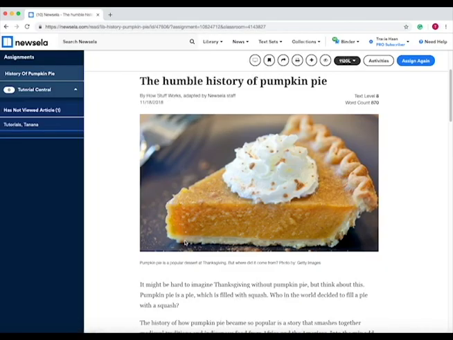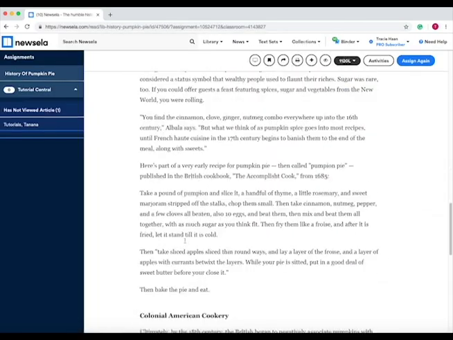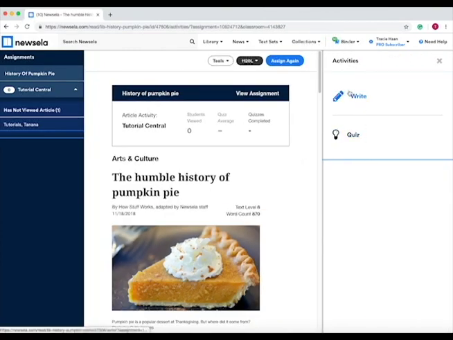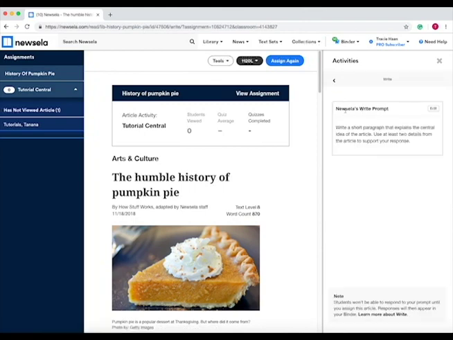So also we can press on the article and actually look at the article ourselves, read through it, and then the activities associated with the article, which students can view when they're in the student view. And this is the writing prompt. You can edit this, so if you want to change it to different instructions, press edit, and then it lets